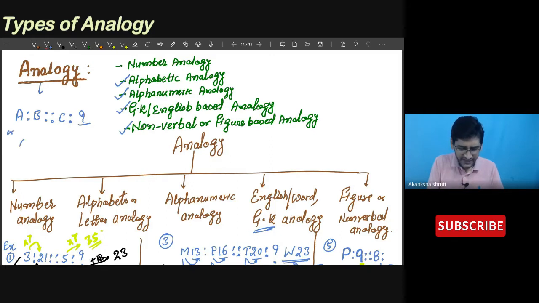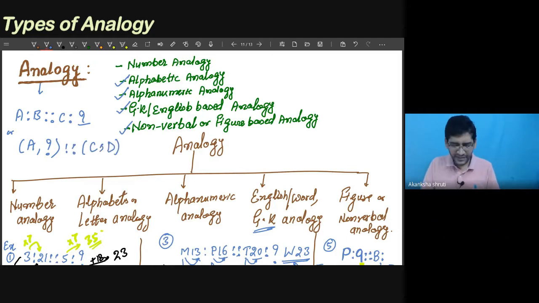It may be asked or written like this: A is to blank, what in pair should be identical to C, D. So the missing number can be anyone, or sometimes a complete pair is given to you, meaning A is to B is given and you need to search for the next similar pair. Even it could be a triplet. All those forms of analogy we have learned earlier. So in this ABCD, if these entries are numbers, it forms the number analogy.